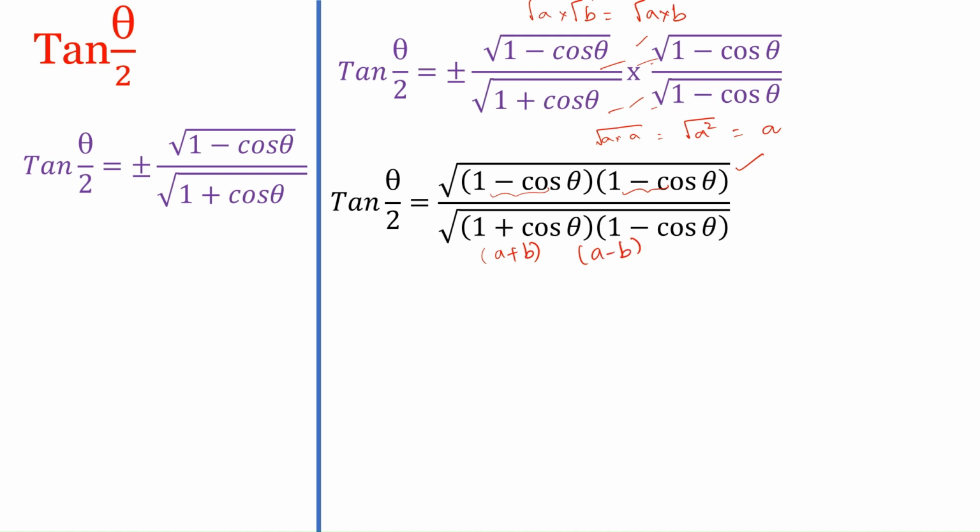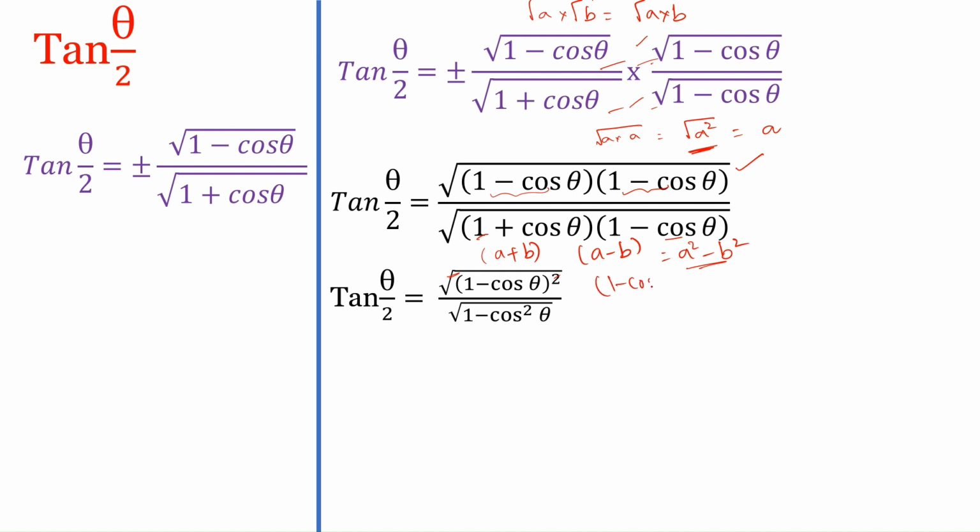From algebraic expressions, we know this to be equal to a square minus b square, which means 1 square minus cos square theta. Let us write it down. So numerator is using this formula root a square, and denominator is using a square minus b square. So this root and square will get cancelled out, and we will have only 1 minus cos theta in the